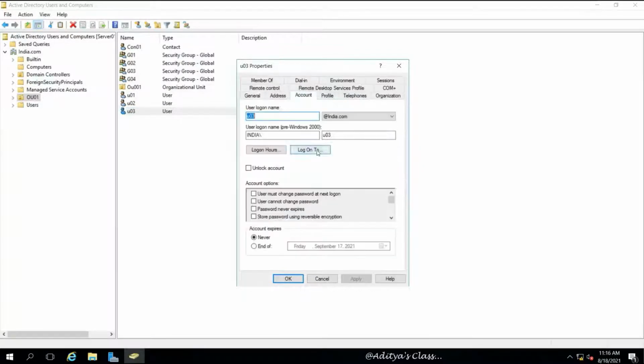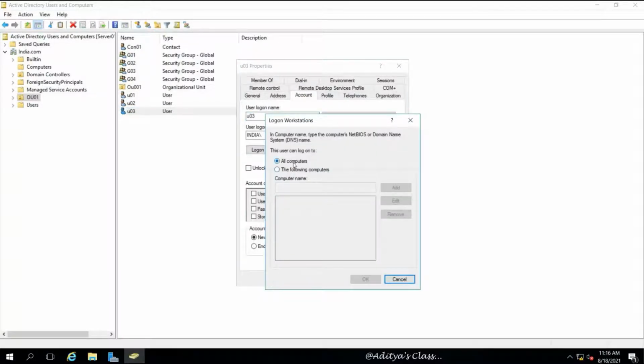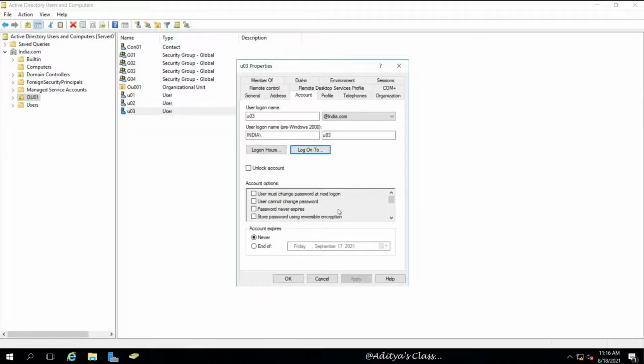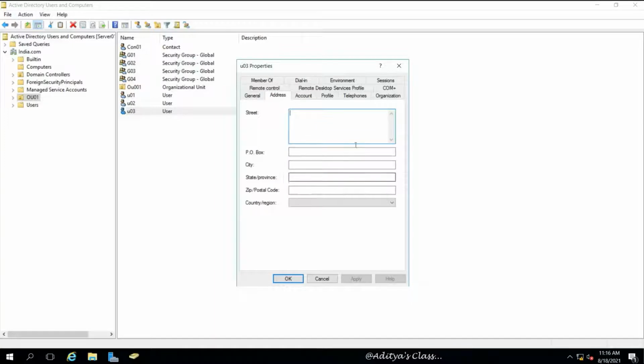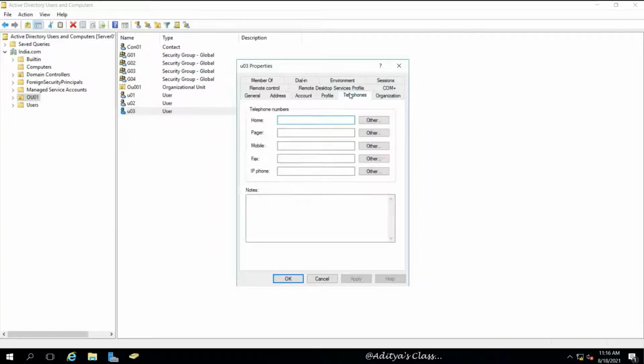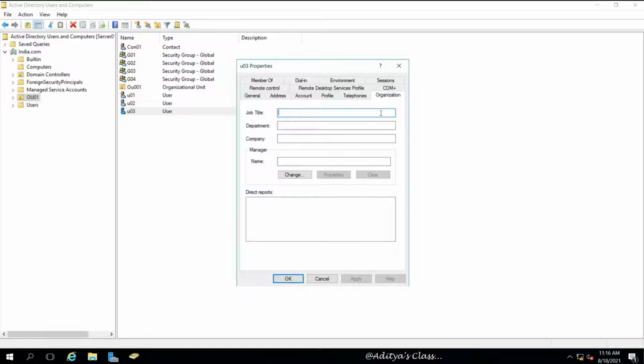Now let's say we want user 3 to specifically log into a specific computer, then we can choose this option, log on to, in the account tab of the user properties. We can add a lot of information for user 3.